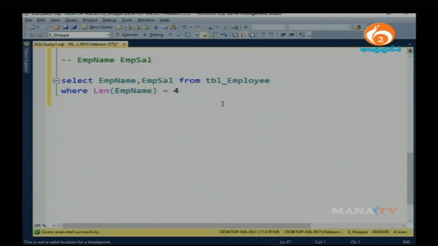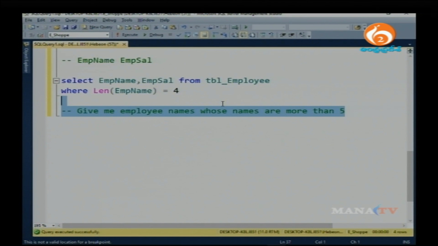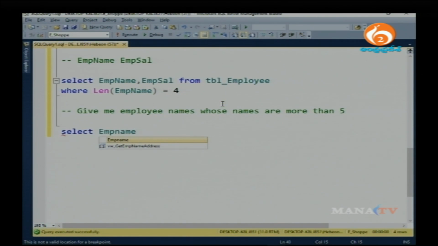And also you can do one thing. Alright, someone asks you to give the employee names whose names are more than 5 characters. So now what I want to do is give the names of employees whose name has to consist of more than 5 characters. How to write the select statement for this? Right. You can write a select statement like this: select employee name, employee salary from the table